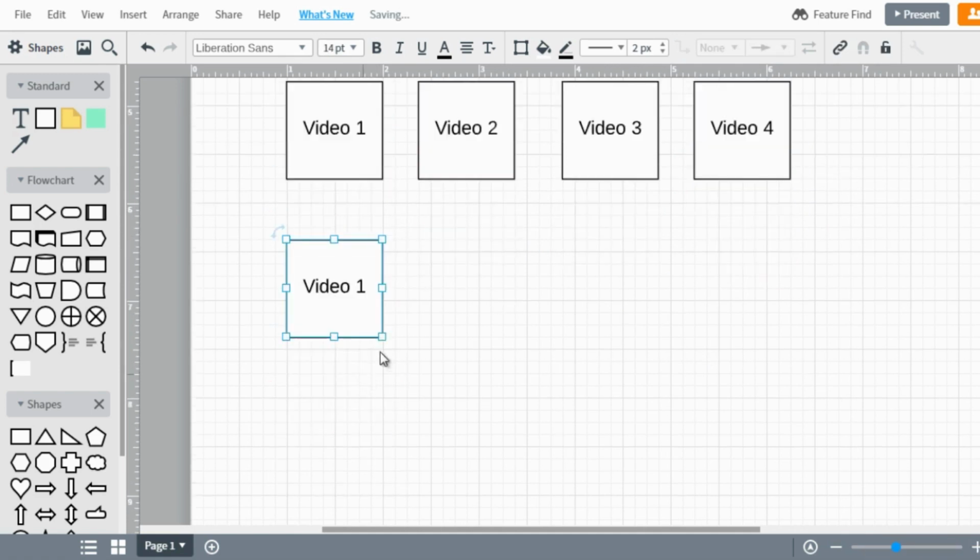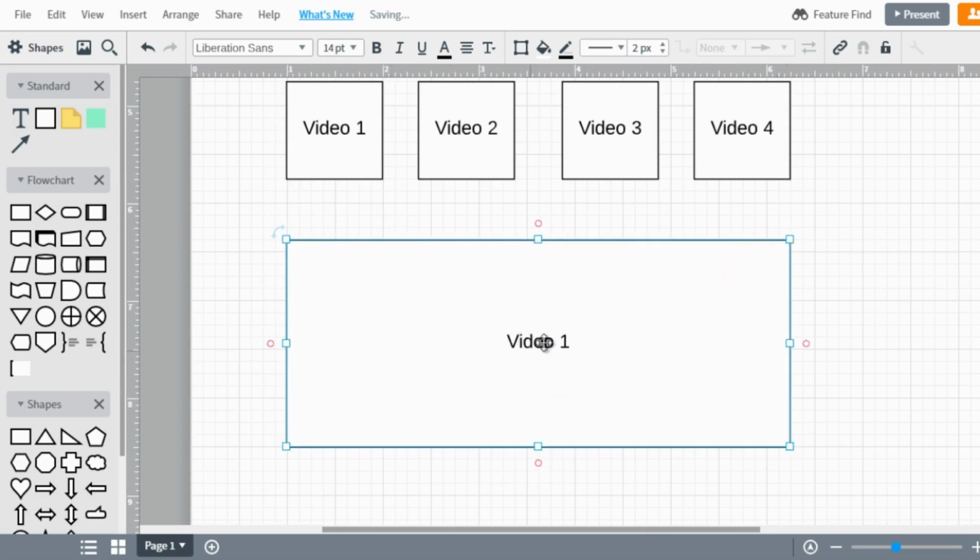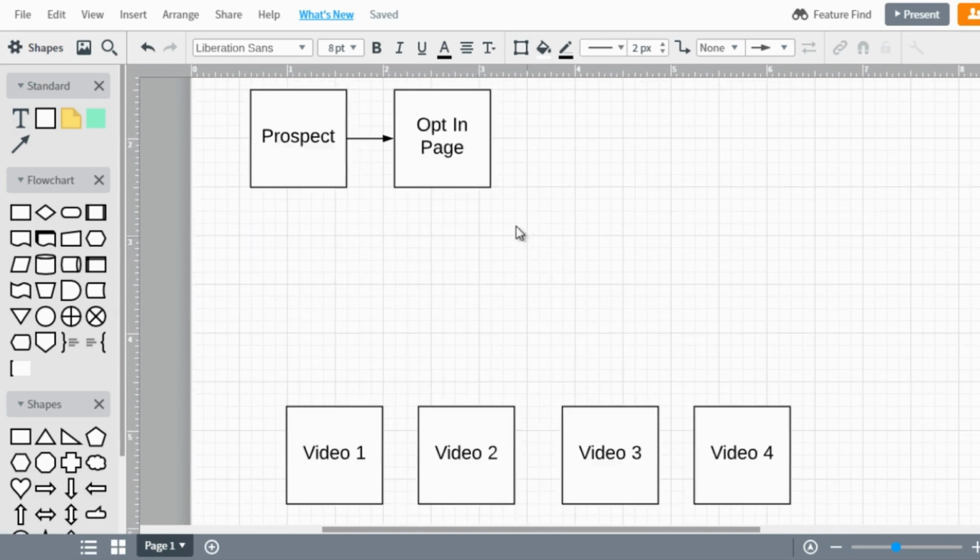The reason why you want to do this is because it'll tease people. So when they opt in, they're going to see all these thumbnails, but they can't necessarily go to them just yet. And what happens here is when they initially opt in, they are then going to go to a